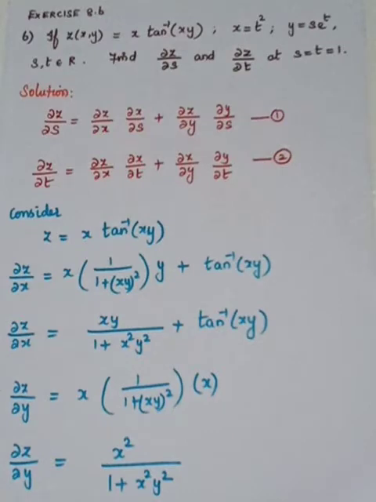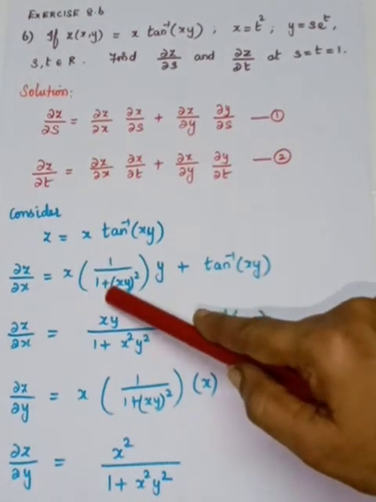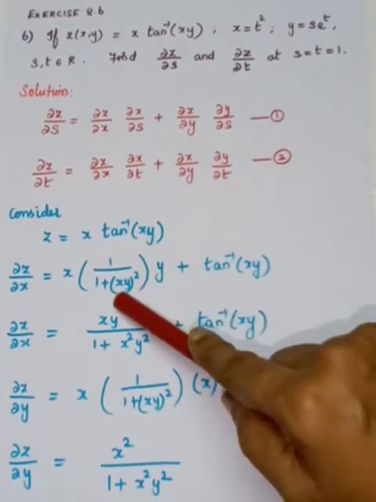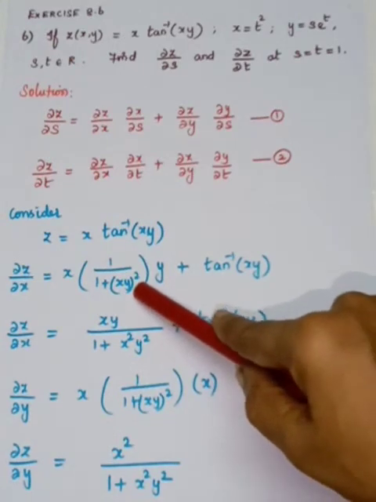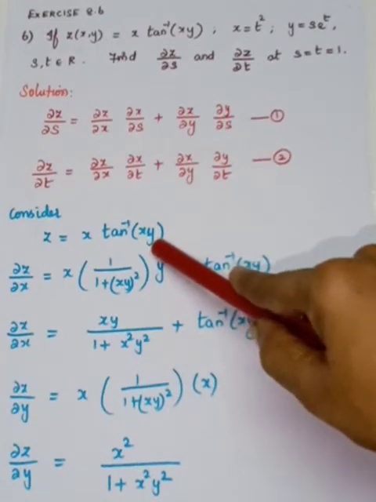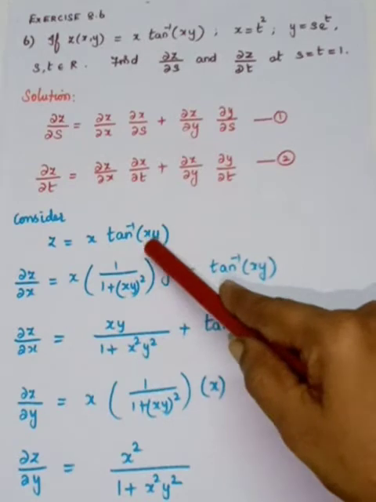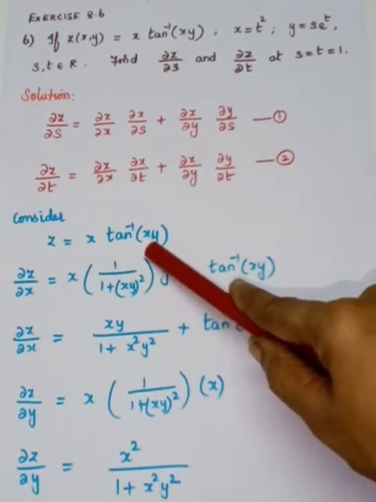It is 1 by 1 plus x squared. So 1 by 1 plus x squared. What is the x that is kept? It is xy. So xy the whole squared. After that, which is kept as x, that has to be differentiated. But here when you differentiate, you have to differentiate partially with respect to x. So go for xy. How to differentiate x partially with respect to x?